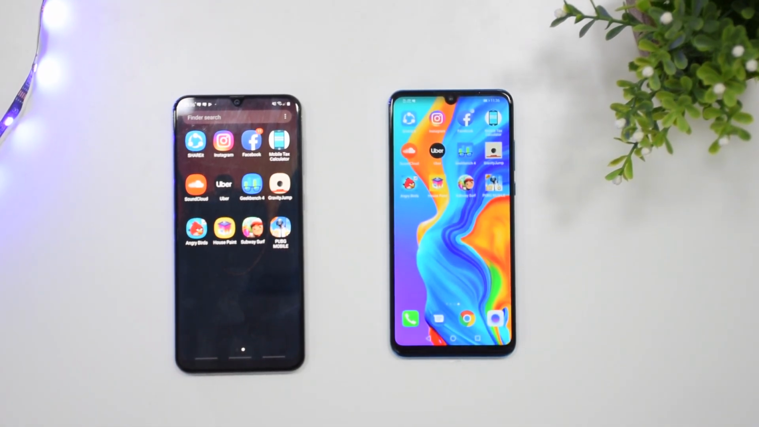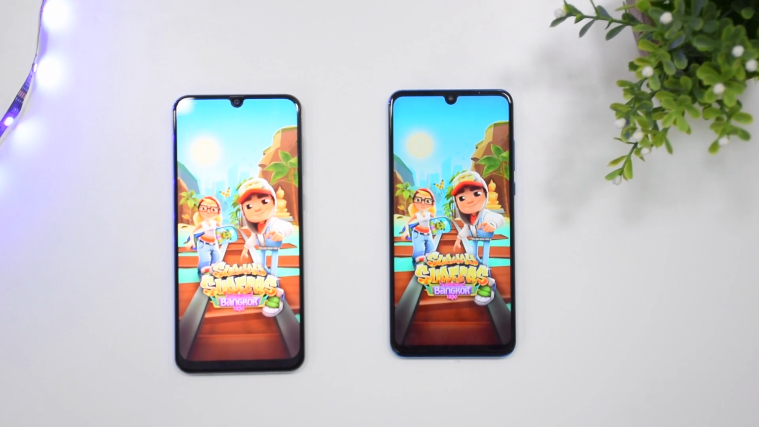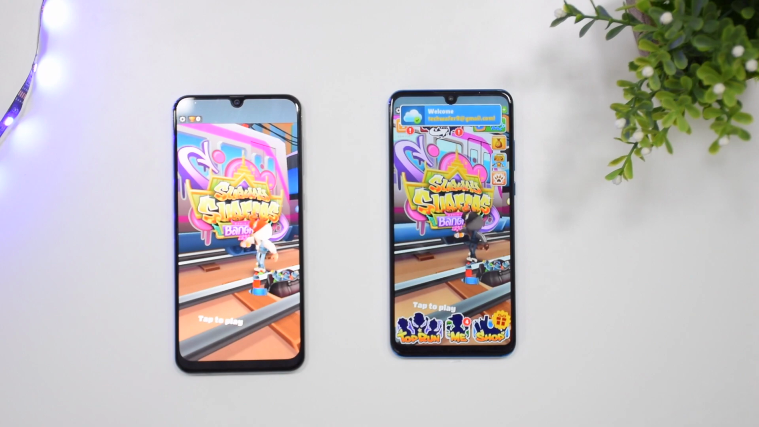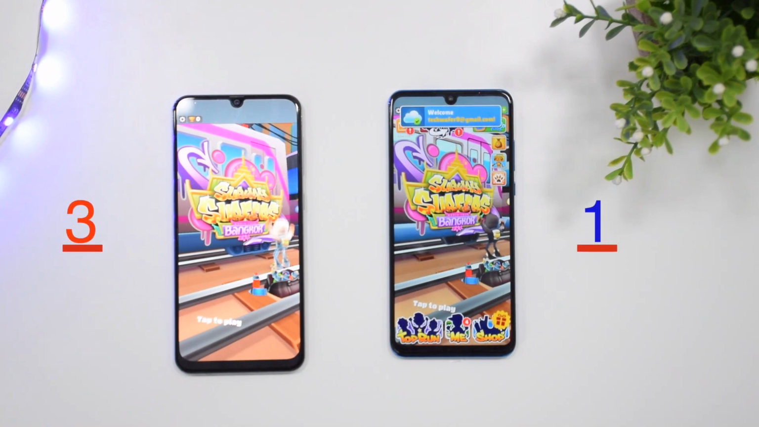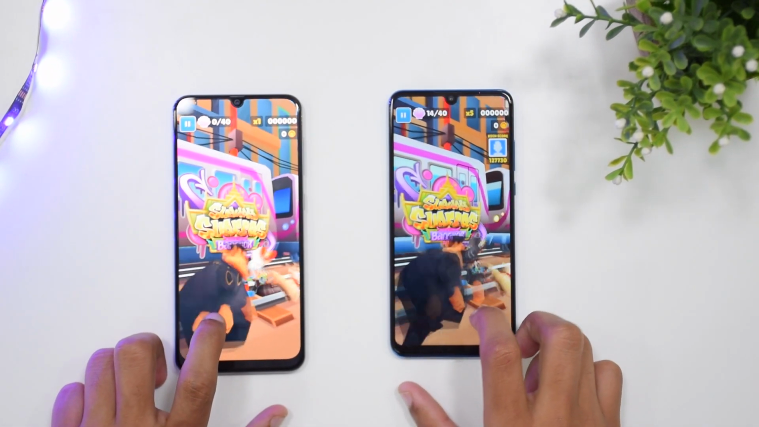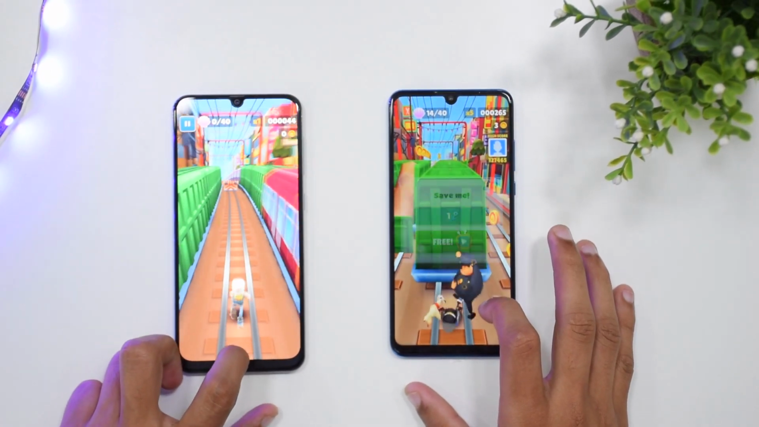Now we'll be running Subway Surfers on both phones. So let's open it. The game is being loaded on both phones, and I think the A50 will get the lead. Okay, so the A50 was like a microsecond faster compared to the P30 Lite. Now let's tap the play button and run this game. Okay, now let's go back,